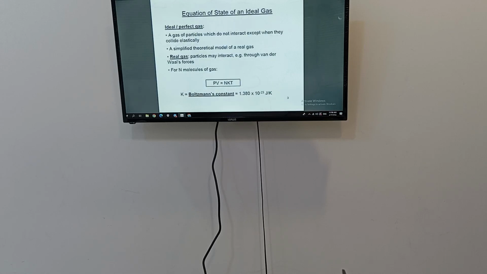Equation of state of an ideal gas. The ideal gas is a gas of particles which do not interact except when they collide elastically. It is a simplified theoretical model of real gas. In real gas, particles may interact, for example, through van der Waals forces. For n molecules of gas, PV equals nkT. The k is the Boltzmann constant, which equals this amount,